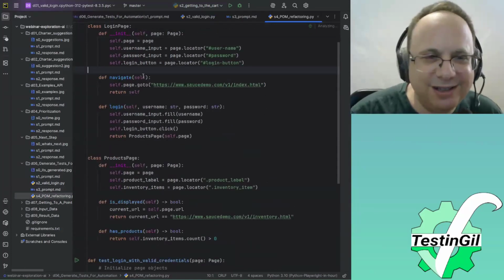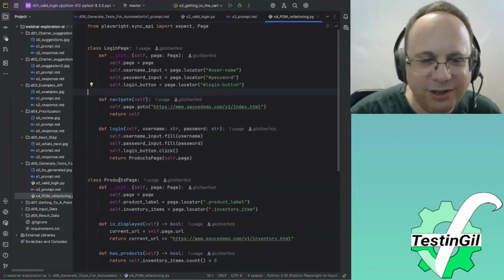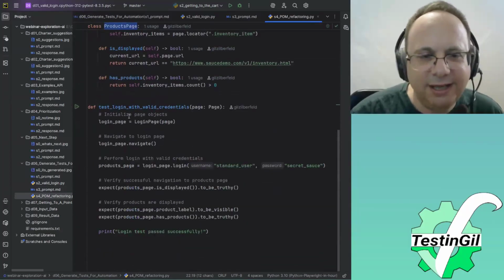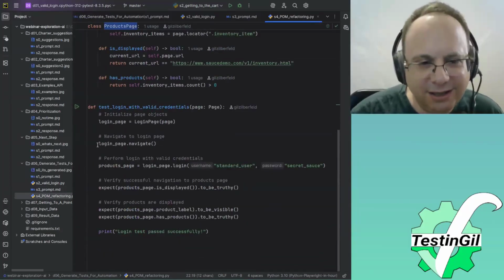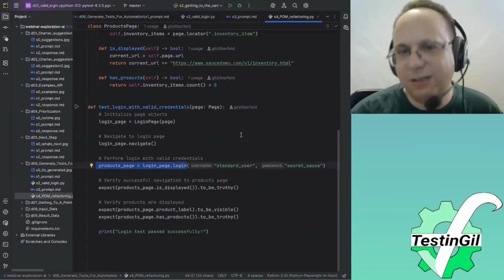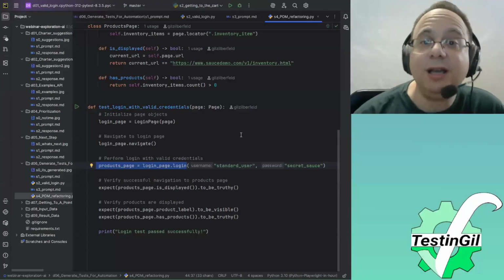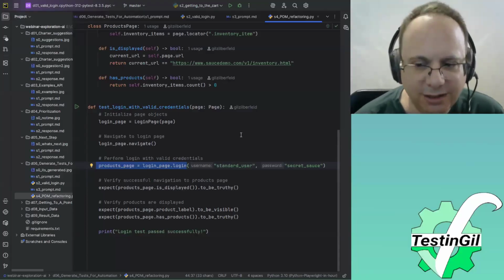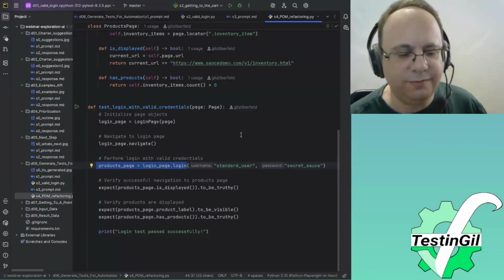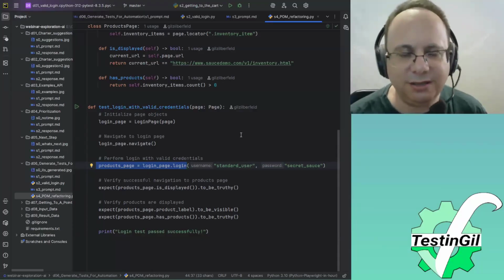You see there's a login page and the product page, and the test actually does the same thing. It actually does this very well. It doesn't work because of the selectors, but again, I'm putting that aside. The reason I was doing this is that it's an example of how, when you generate a test, it generates it